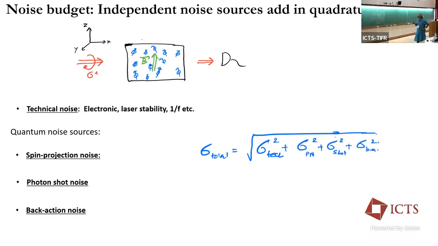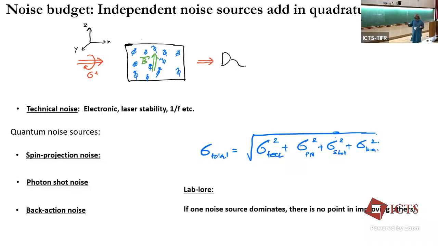Yeah. So basically now, how do I think of it? This is a simpler picture, that if these noise sources are independent, and I have already told you there is back action noise, so they are not really independent. So think through carefully. But in the zeroth approximation, if these noise sources are independent, there's a very important lesson for experimentalists: independent noises add in quadrature.